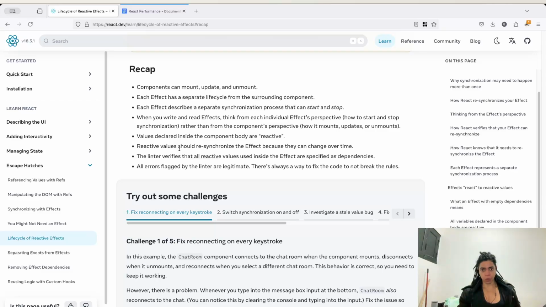So by doing that, or by using useRef, and understanding where useRef fits in the entire rendering mechanism. So, for example, you have now the